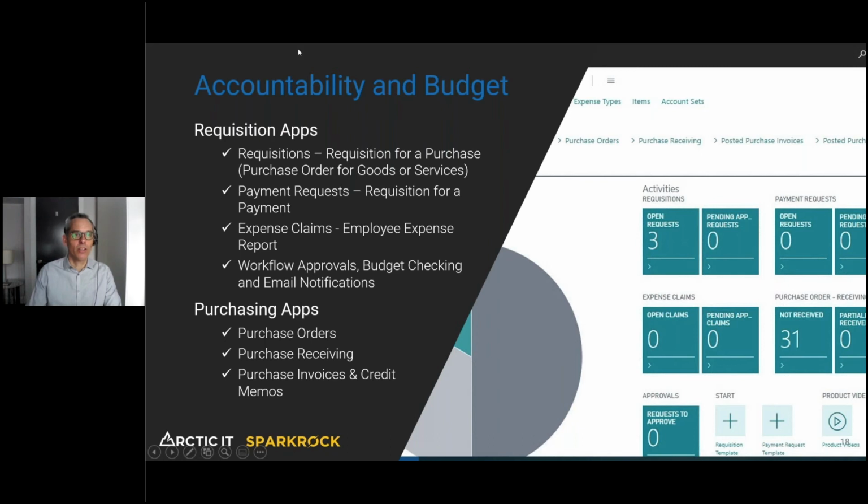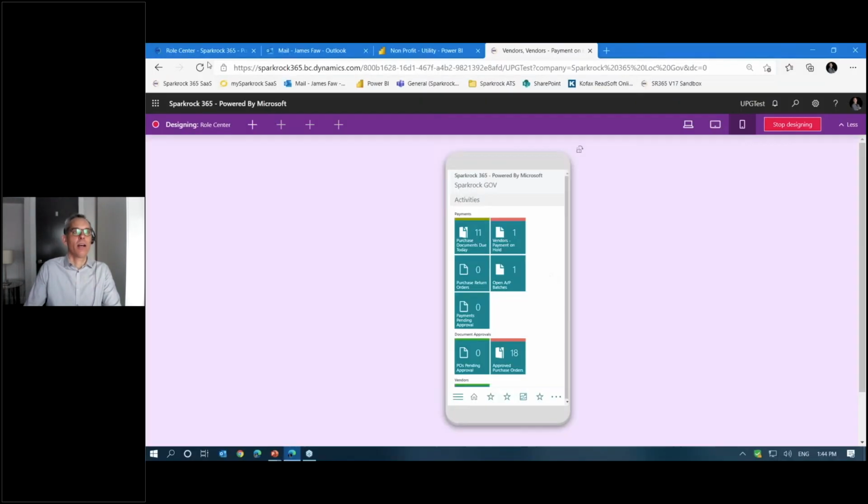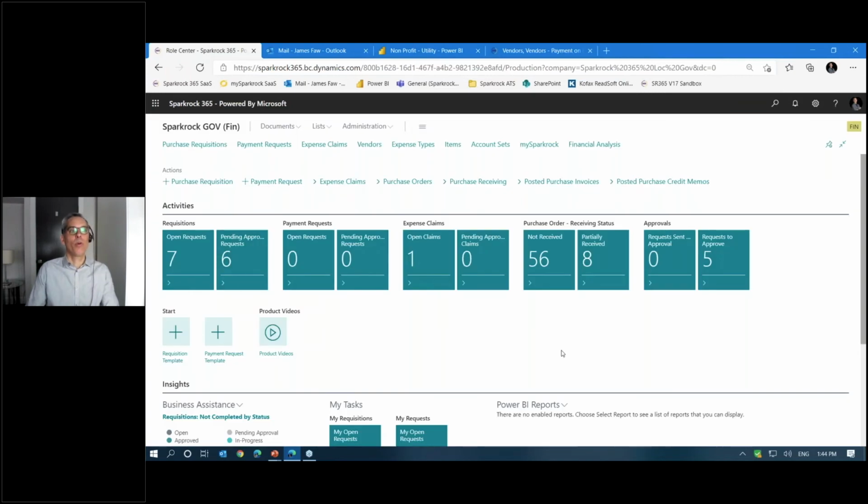So I want to talk to you a little bit about how we can really help eliminate that entire painful cycle by rolling out access to something called a department manager role center. This is a role center that's designed specifically for those kinds of users. Everything that I see in here, I can see, but it's filtered based on my security.